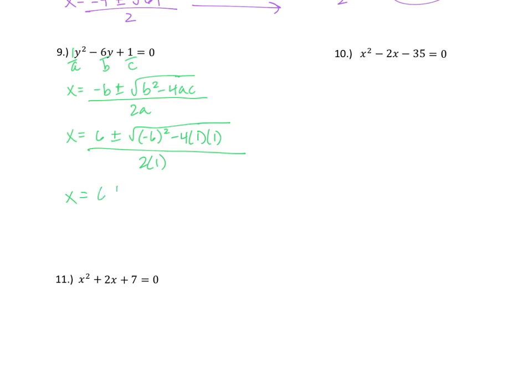So we have x equals 6 plus or minus the square root of 36 minus 4 all over 2. So x is equal to 6 plus or minus the square root of 32 over 2. Now, I know you might not have a whole lot of space. I know I tend to write a little bit bigger, but